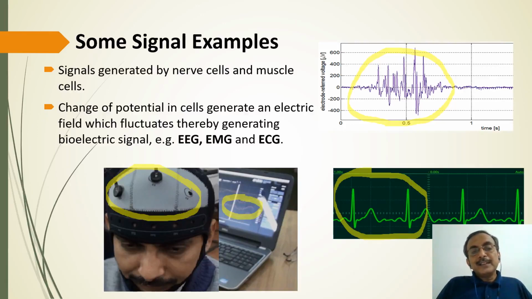So all these signals are being generated, and if we study these signals, then we will be in a position to understand the health of the particular system. For example, if we observe the ECG and we are expert in this analysis, then probably just by looking at the ECG, we can detect whether this is a normal or abnormal ECG, and what sort of problem or ailment the patient is having with those abnormal ECG.